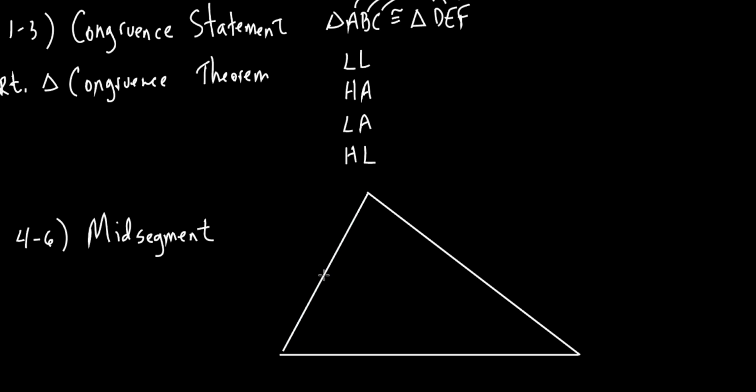It'd start from the midpoint of one side and go over to hit the what? Midpoint of the other side. That's right. So if this point right here is a midpoint, that means that this and this are equal, and it also means that this and this are equal. But more importantly, the stuff that we're trying to figure out,